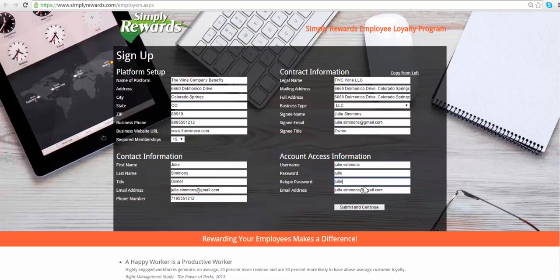And then we see that we have their email address that's pre-filled for us. But let's say she wanted to use a different email for this one, so we might say thewineco.com, and she's got a different email address that she'd like to use from here. Once all of the information is completed, just click on